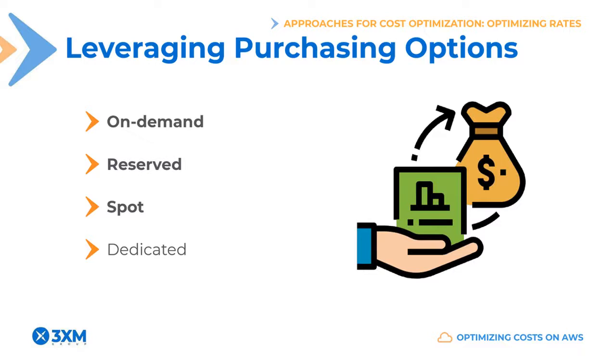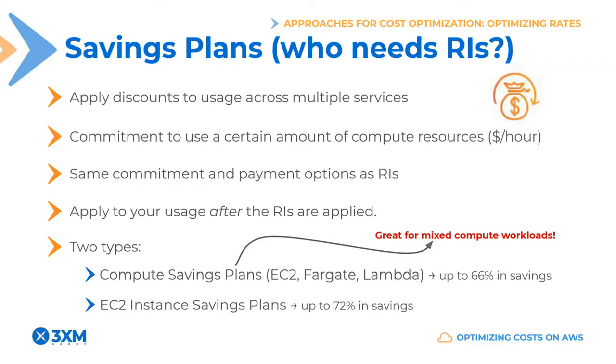Now, dedicated, we're not going to cover in this session, but going back to reserved, by far the most comprehensive reservation model offered by AWS is that of EC2. And not surprisingly, it's also the most widely used. Now, as much as I would love to talk about EC2 reserved instances, I'm kidding, I would not. There's simply not enough time to go over them today. This is because it's a really complex pricing model, but luckily, there's a new neighbor on the block. And it might have just come to solve that exact problem. I'm talking about savings plans, which were announced back in November 2019.